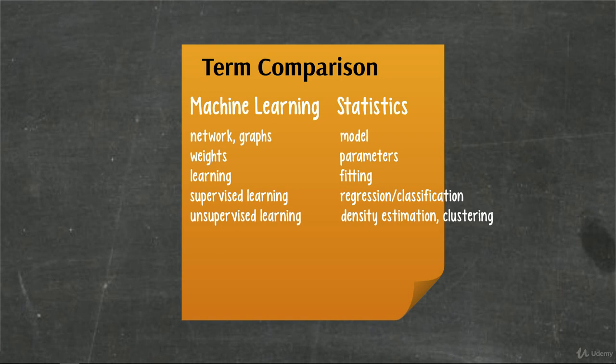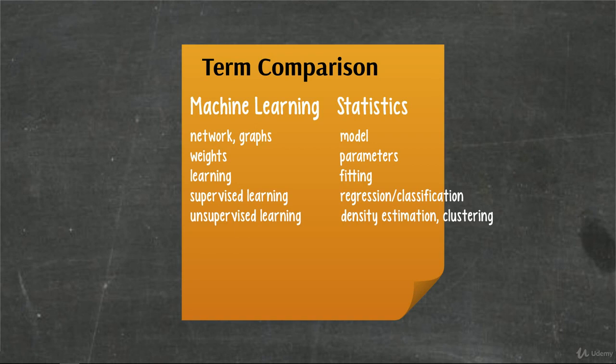And here we have supervised learning, unsupervised learning. In statistics, these are formally called regression and classification for supervised learning. Classification being when you have a qualitative output, regression when you have a quantitative output. So the difference is numerical or class. And then in unsupervised learning, we have things like density estimation and clustering algorithms. You might have heard of k-means clustering, and we'll talk a lot more about those